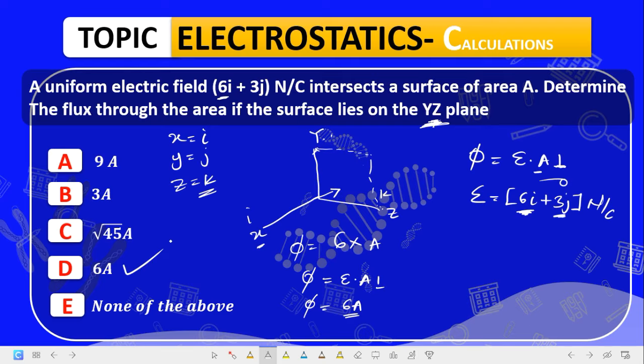So make sure you take note of this particular question and the answer that it will actually give. The answer is 6A, not root 45A. Root 45 is when you are talking about the XY plane. That means even if it's on the XY plane, it means that only the Z will what? We add. And if the Z add, the answer will be what? 0 even. Are you getting it down? There is no way that the two components can even work together. So the correct answer is what? 6. Okay? That is the answer to that question.